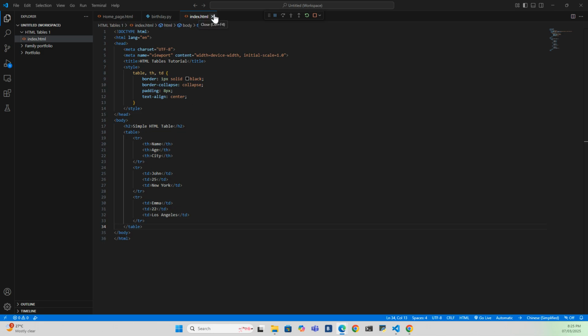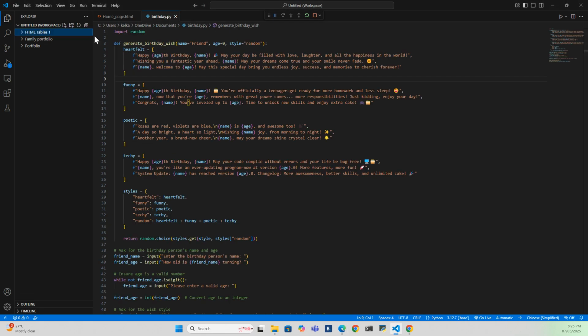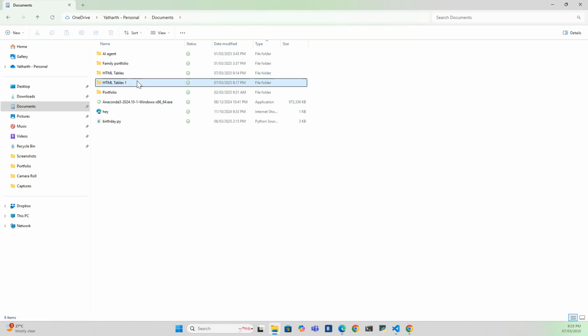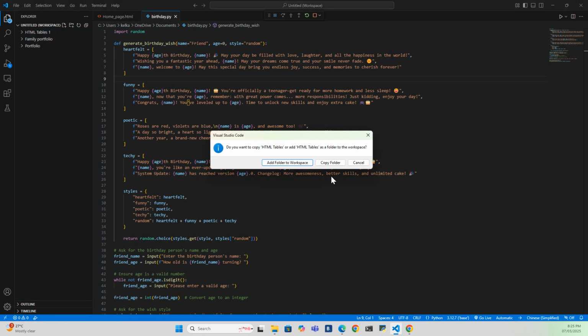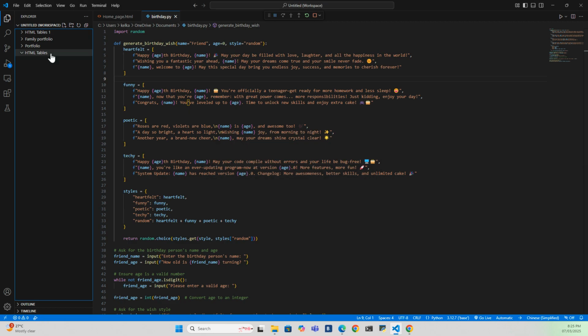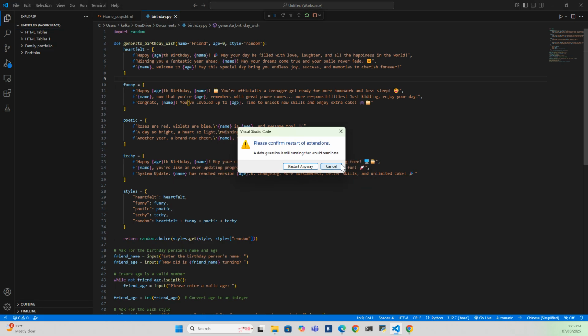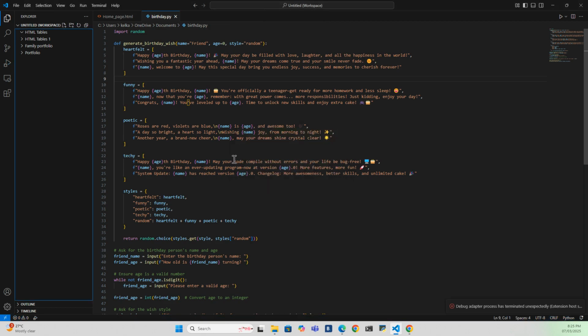You should open your favorite code compiler. For me, it's VS Code. Once you open your code compiler, go to File Explorer, create a new file named HTML tables, copy it, and put it onto your code compiler. Now for VS Code, I'm moving it to the top priority so that I can add new files in it. It might be different for different compilers, but for VS Code, it will be the same.